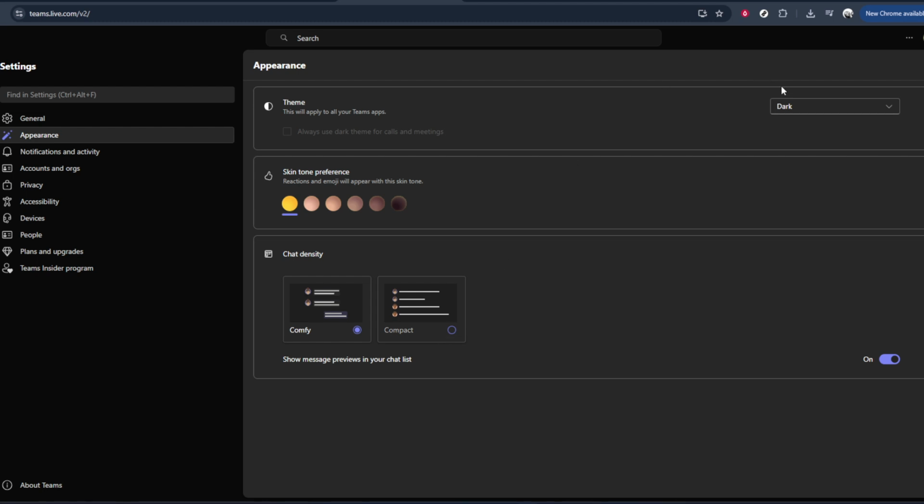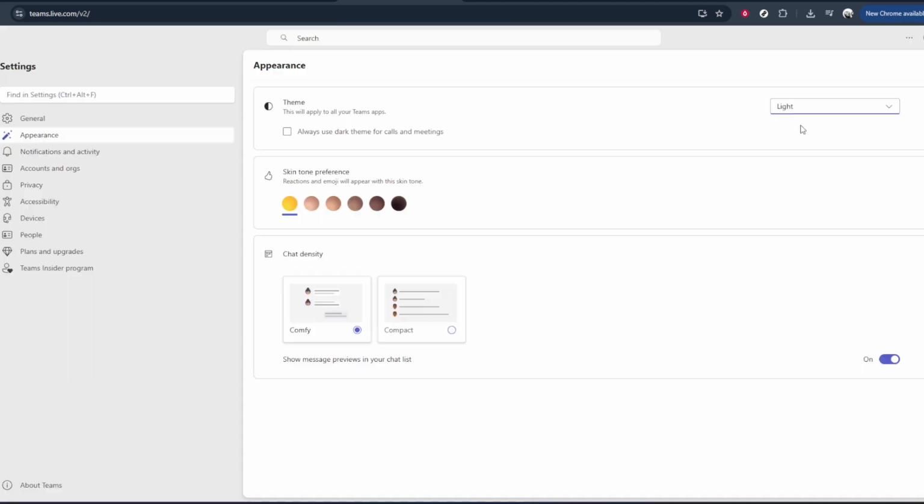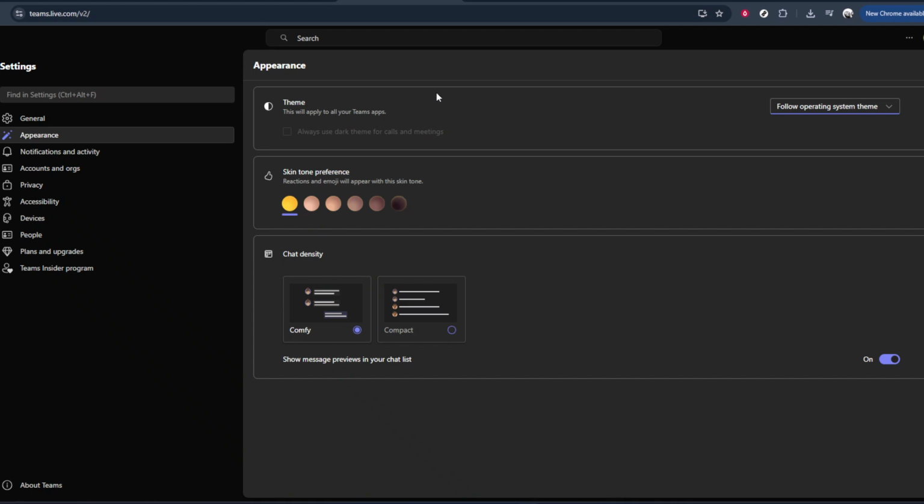Inside the Appearance section, you'll typically see different themes or visual styles you can apply, such as light mode, dark mode, or sometimes even a high contrast option. Changing these can make the interface easier on your eyes, especially if you work in low light or spend long hours in meetings. After you choose your preferred appearance settings, Teams usually applies them immediately, so you can see the